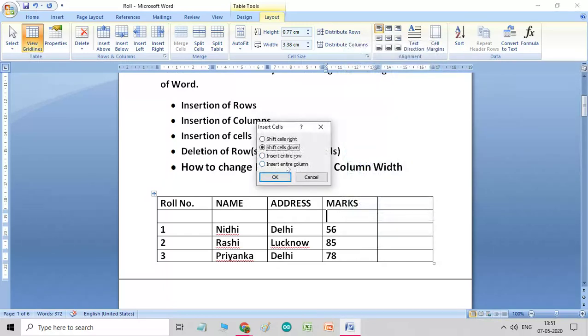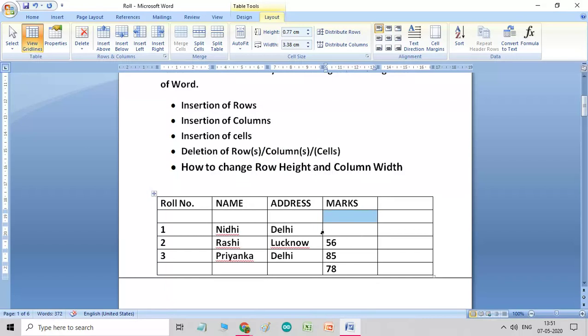It will ask us to choose the following options: shift cells down, shift cells right, or others. I have taken shift cells down. So I say okay. You can see this is shifted down. Here these two new cells are added. So this way you can insert row, column and cell.